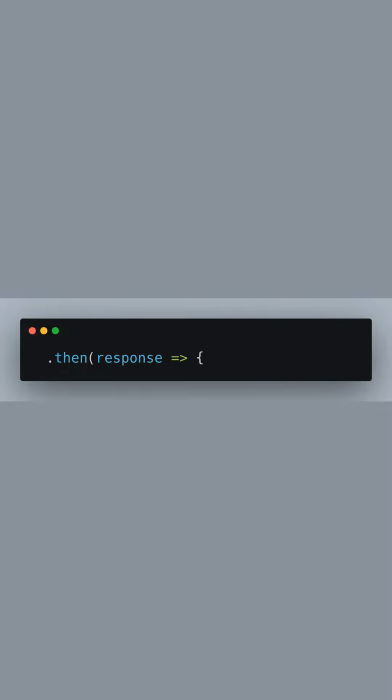We start by using the Fetch API to request data from an external source. Fetch will asynchronously request the resource at the specified URL. Once our request is sent, we receive a promise. We use the then method to handle this promise and pass in a callback function that will receive the response